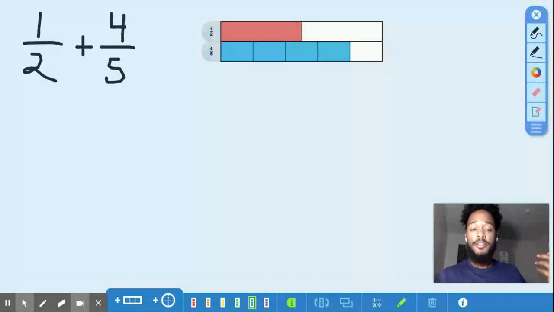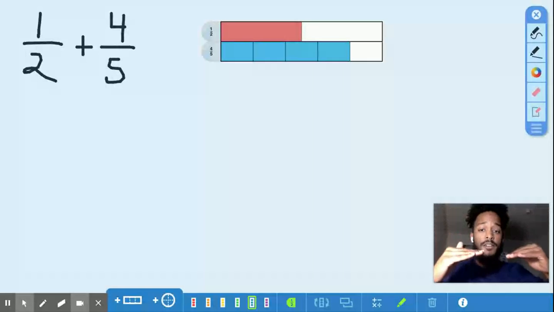So from the previous slide, we figured out that if 2 and 5 are our denominators, finding the multiples of those denominators, our least common denominator is going to be 10. If you said 10, you were right on the money. You got it. 10 is our least common denominator, which means that we have to break each of these fractions